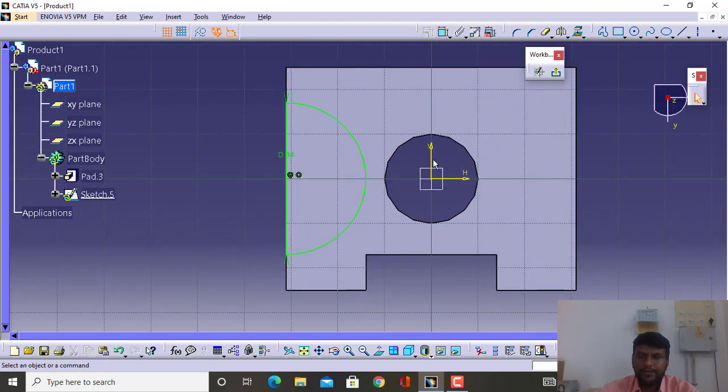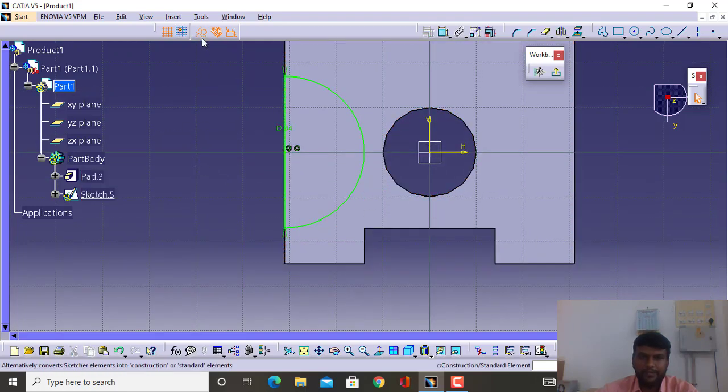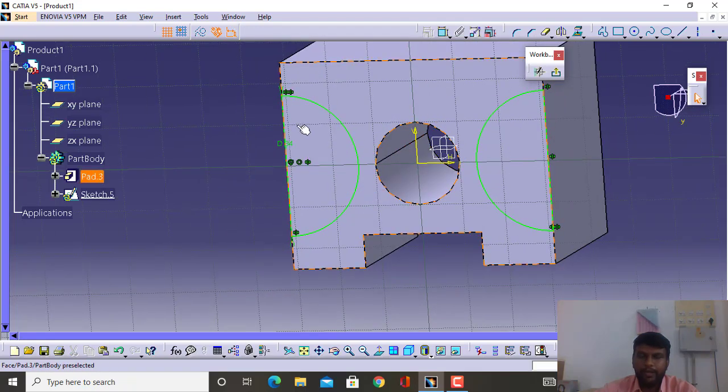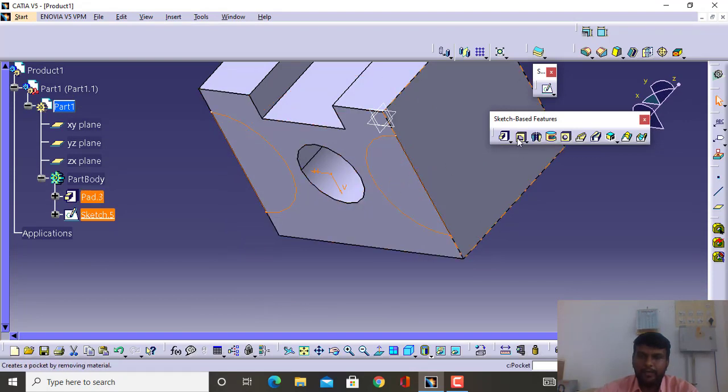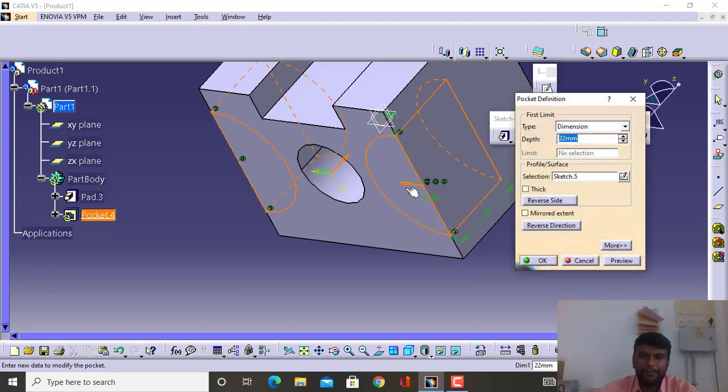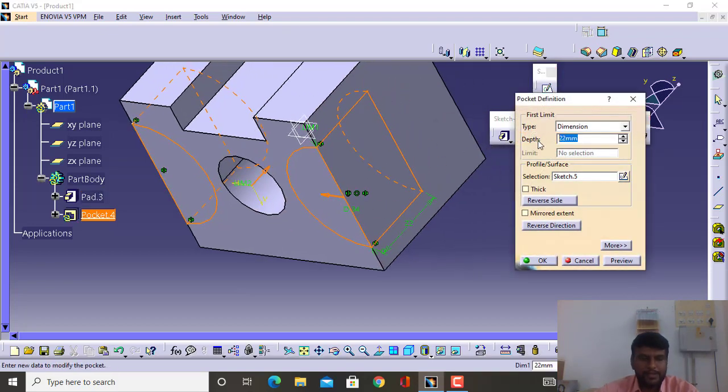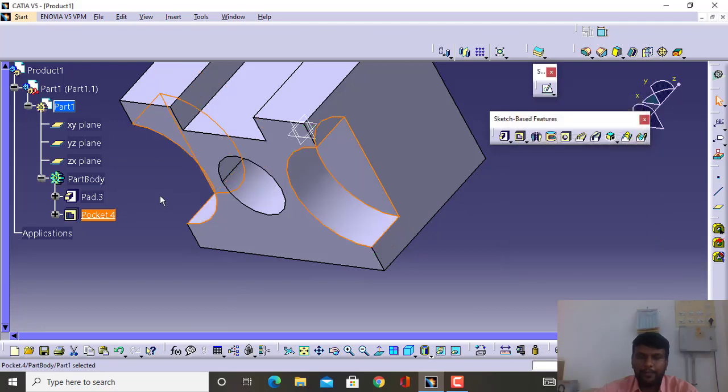Now once you created this, you select this whole sketch by just left clicking and dragging the mouse. Just left click here anywhere and drag the mouse and select the mirror command and select the axis. So it will be mirrored about this vertical axis. Next we exit the workbench and create these two into the pocket. So we select the command here that is called pocket. When you move the cursor, you can see all the commands here. Select the pocket and define the depth value here. So depth is 12 and click OK.